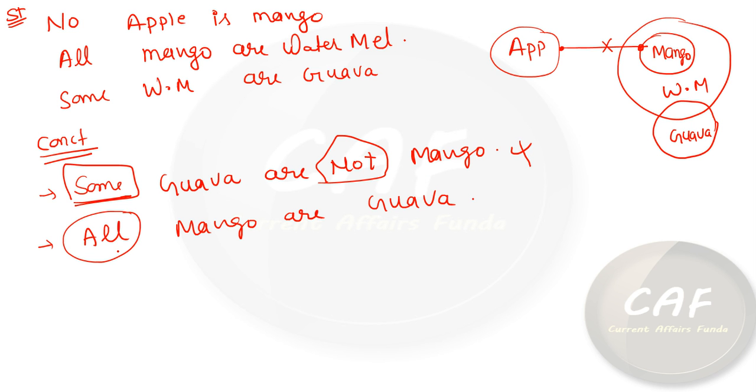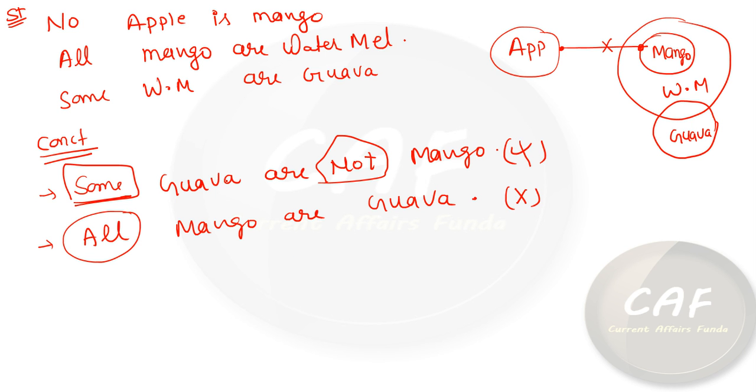Now let's check the second here. All mangoes are guava. Okay. So friends, all mangoes may be guava, may not be guava. Okay. It may be a possibility that all mangoes may be guava. But from the given Venn diagram, we can't judge whether all mangoes are guava or not. Okay. So that's why this conclusion is also doubtful. So we will mark unfollow here. Fine. If two conclusions are unfollow, then we can use the either or case.